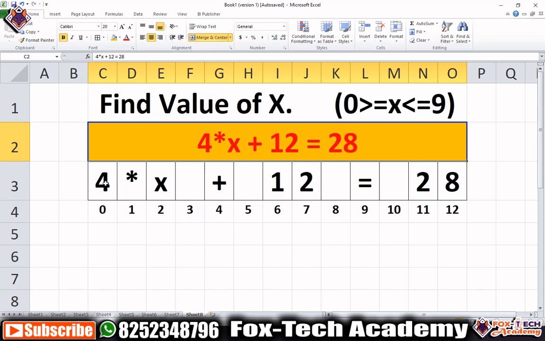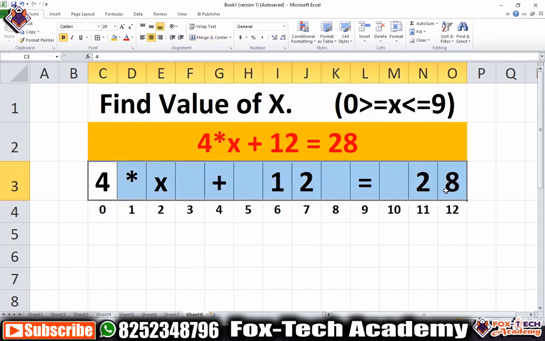So first we have to take, suppose this is our string. In a string, this will be the structure: if you see here, there is a space after x and before plus, right? And also after plus and before 12 there is a space. So you can see, if I convert this string to an array of characters, you can see the index of each and every character.